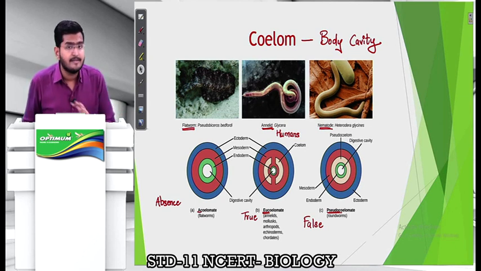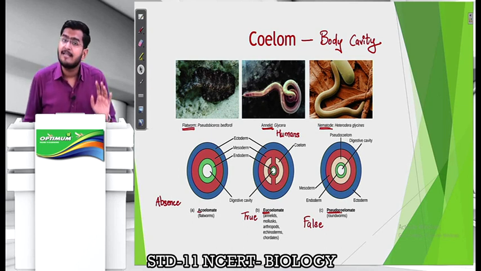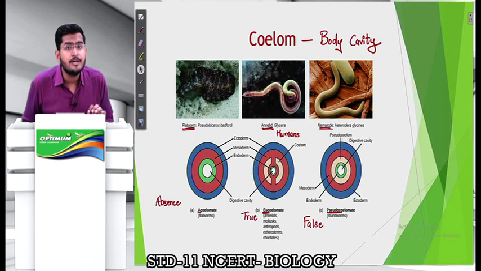These are those organisms which do not have a body cavity, which do not have a coelom, for which we have taken the example of flatworms. And then we have eucoelomates, which have a true body cavity, for which we have taken examples of annelids like earthworms and also of humans. And then we have spoken about pseudocoelomates. These are those organisms which do not have a true body cavity. They have a false body cavity, because of which we call them pseudocoelomates. An example is those organisms which are included under the phylum Nematoda, for example Ascaris, right?